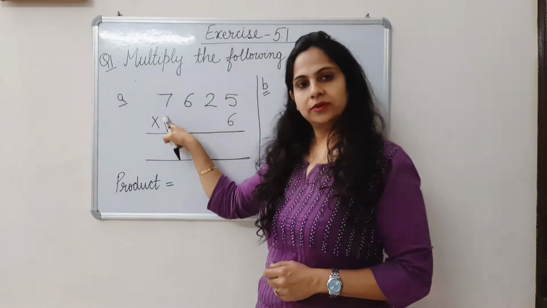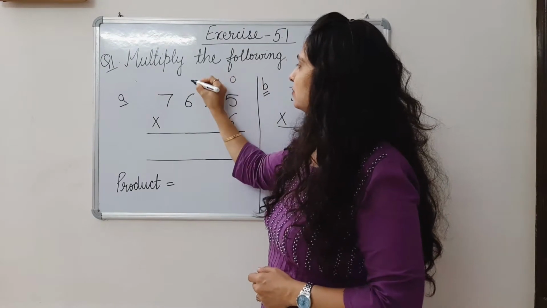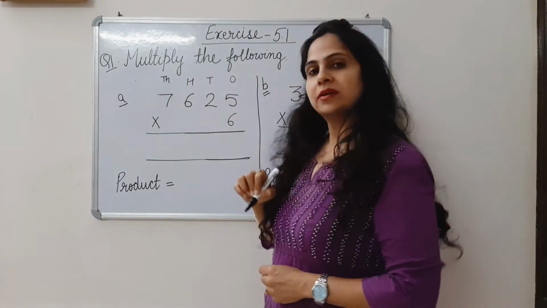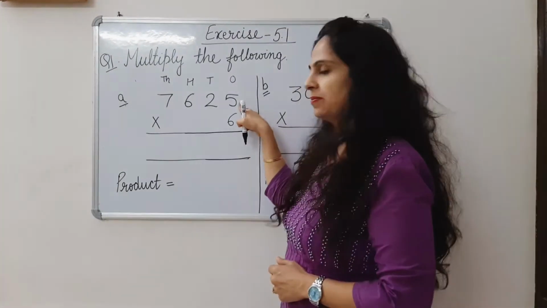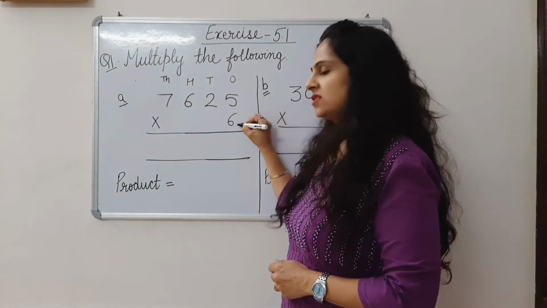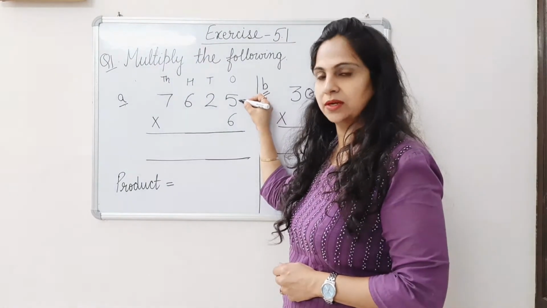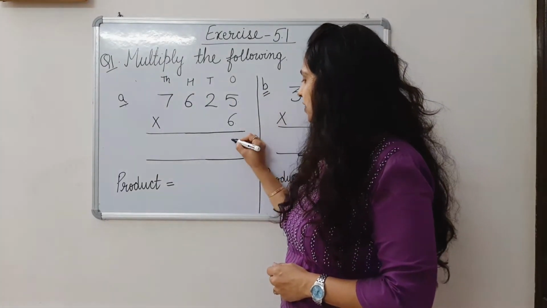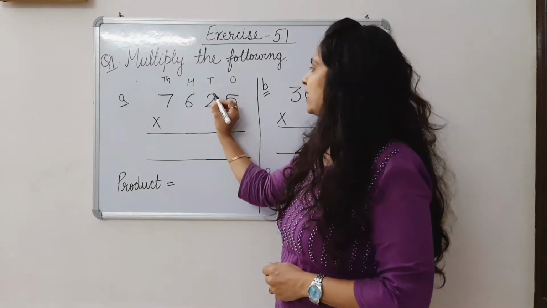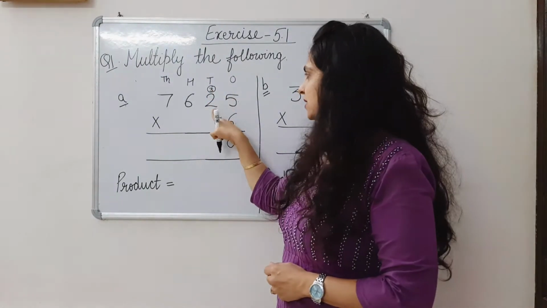See, first of all, we will write places on top of the multiplicand. Fine. Now we will start multiplying. Start multiplying from the 1st digit of the multiplicand. Now this is a 1-digit number with whom we have to multiply this multiplicand. So 6 5s are 30. So we will write only 0 over here, and 3 we will carry over above the 10th digit.